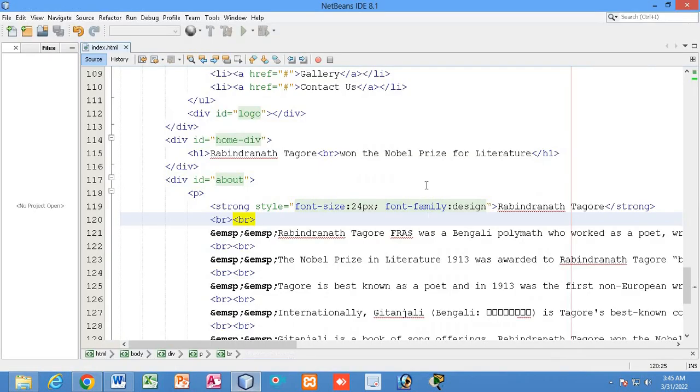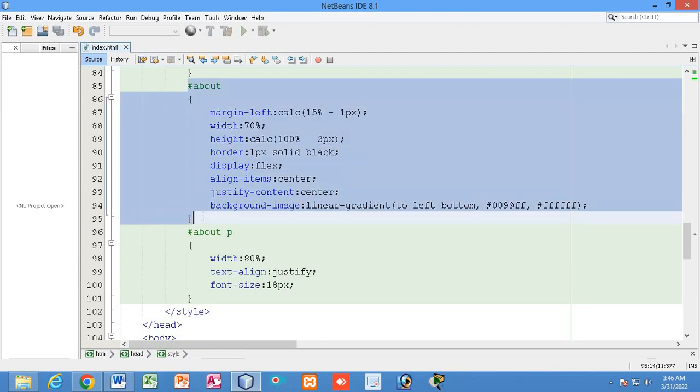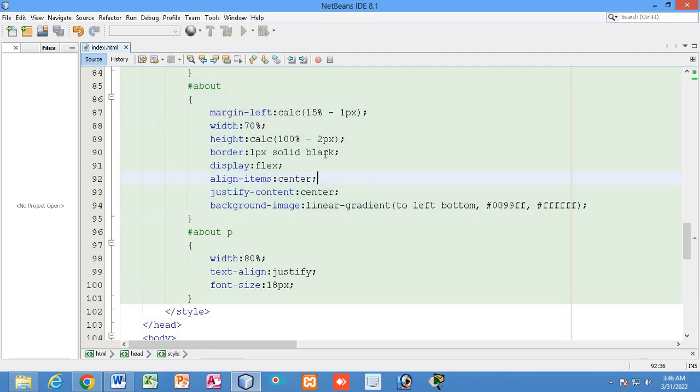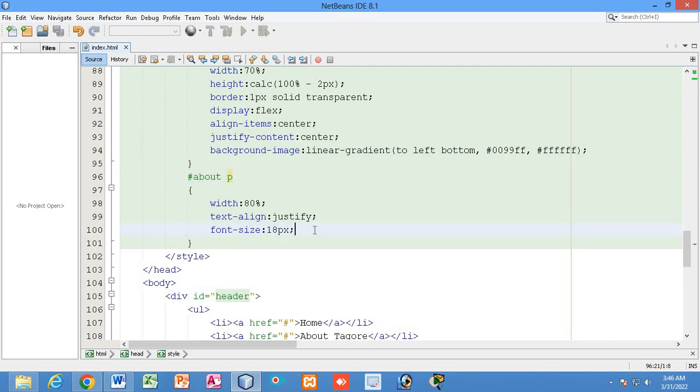So now I will just remove the border. I will make it a transparent border. This about us border I will make a transparent one. Okay, so now you can also change the color for the paragraph, right?